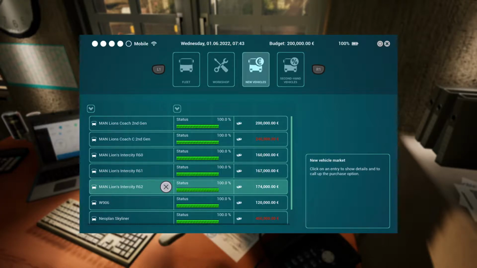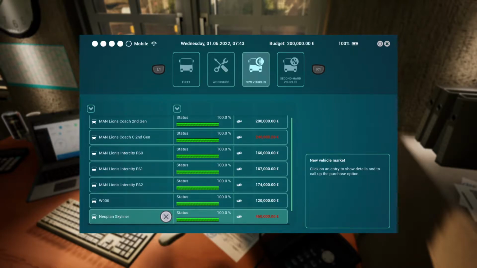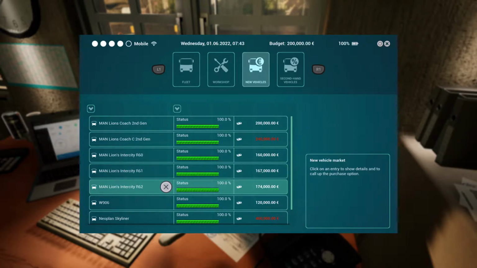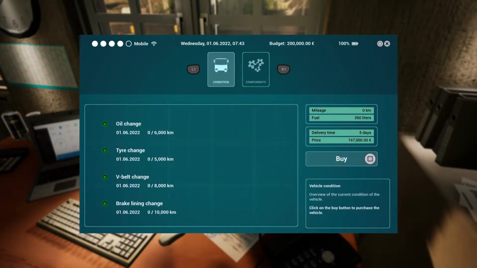Intercity R62. Yeah, let's have one of those. Hang on, because we'll need to order the other one, won't we, as well? So let's have the R61. Yeah, that makes sense. So we'll take that one. That is a brand new vehicle, so